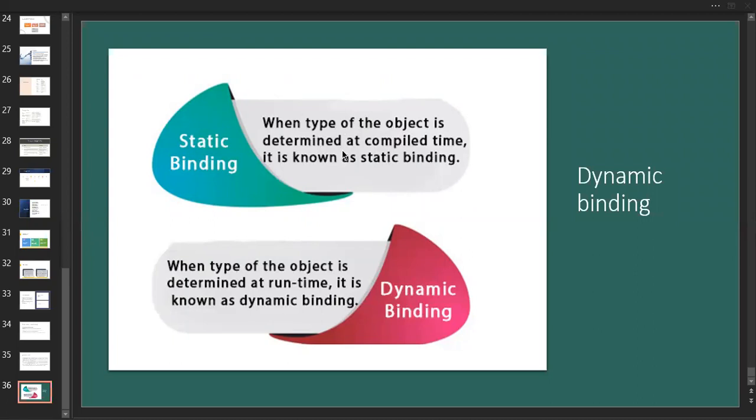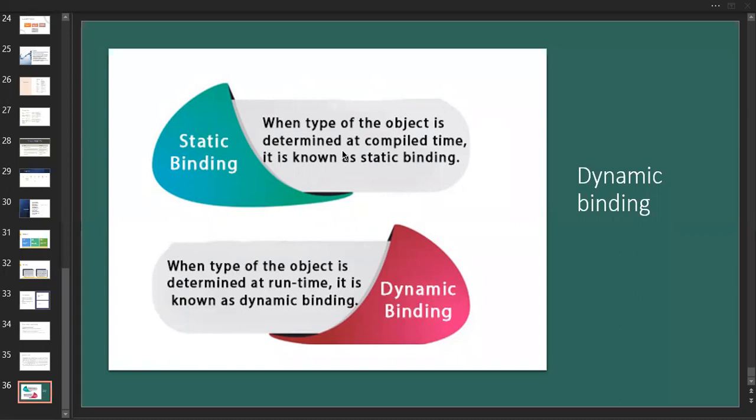Okay. So what is the use of static and dynamic binding? So when the type of an object is determined at the runtime, we already discussed it, it is called dynamic binding.